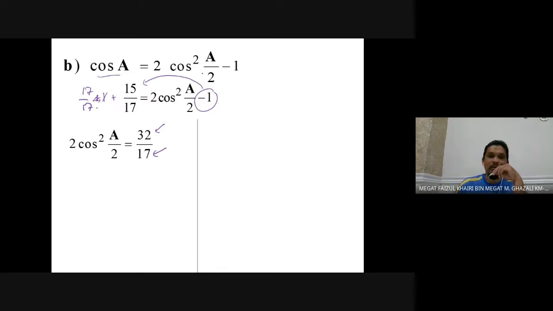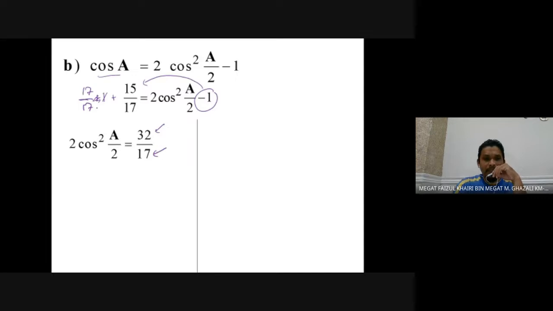Okay, so cos A equal to 2 cos square A over 2 minus 1, and cos A we already found earlier. So change this in the form of 15 over 17 and bring this negative 1 to this side. Then we join up with 15 over 17. So negative 1 becomes positive 1 and change in the form of 17 over 17. Okay, and 17 plus 15 is 32 over 17. So now,